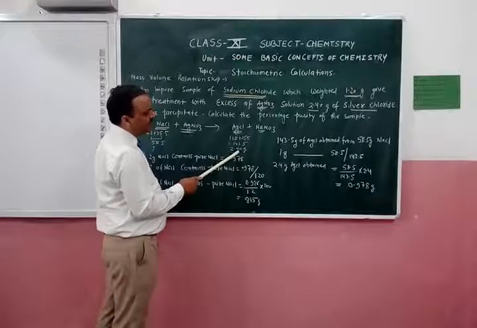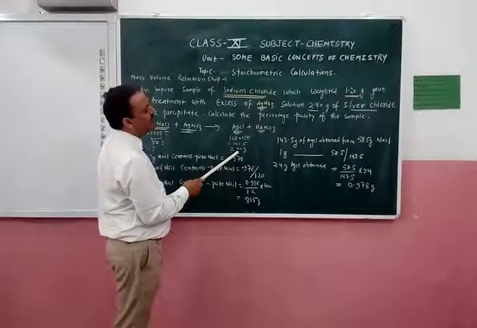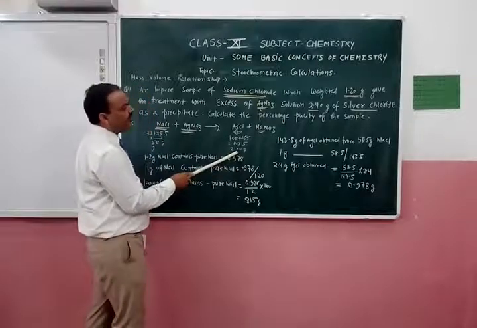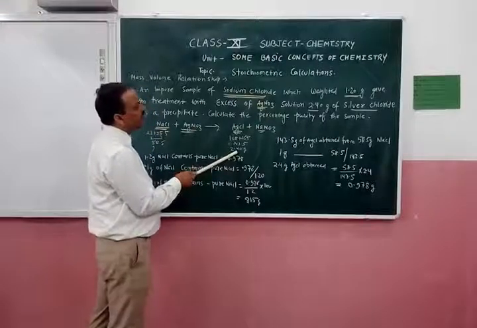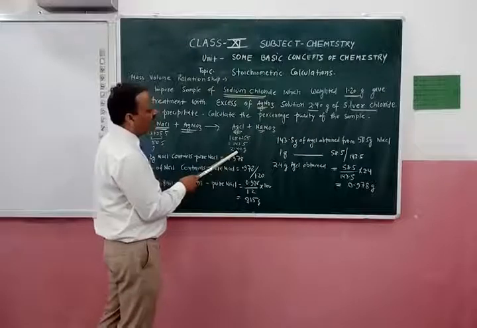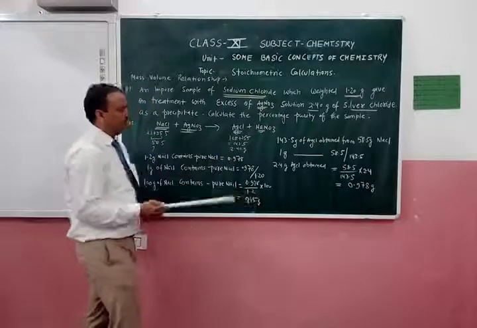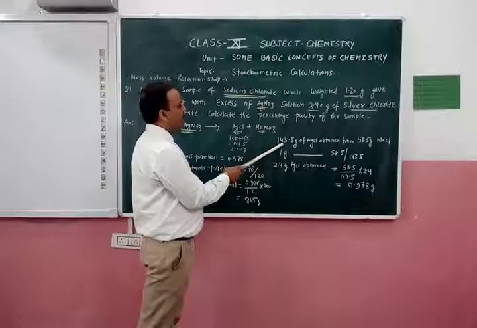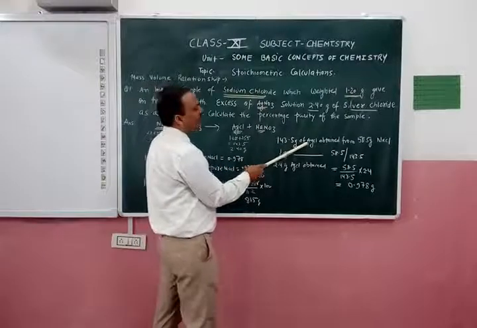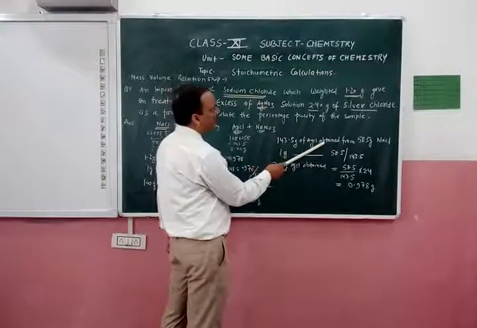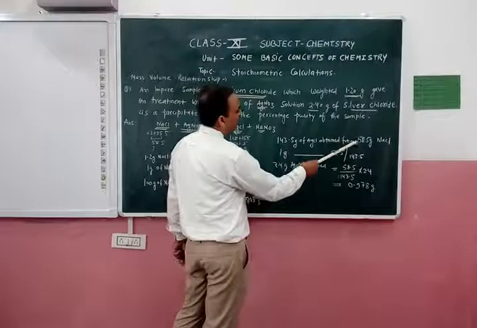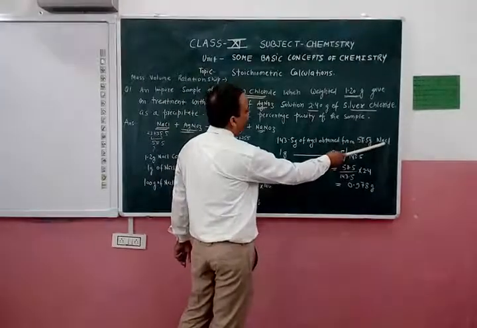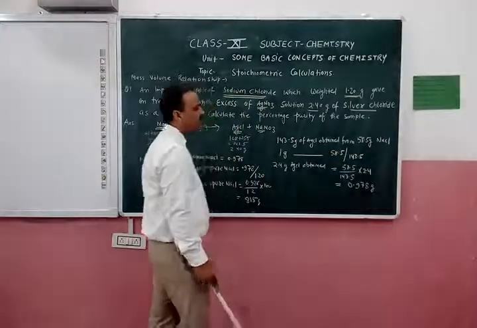This 2.40 gram is the quantity of AgCl we have from the reaction. Now how do we solve this? First we have this equation: 143.5 gram of AgCl is obtained from 58.5 gram of NaCl. It means